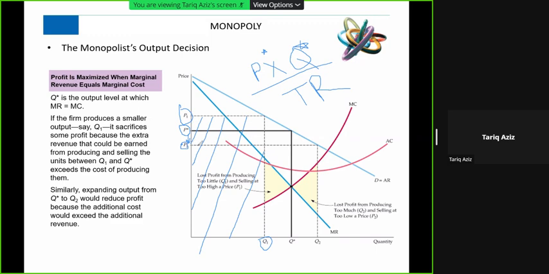So at P2, the firm will now be able to sell Q2. So at a lower price, it is able to sell a higher quantity. But at this point, since it is average cost that determines the profit, at this point the average cost is higher,